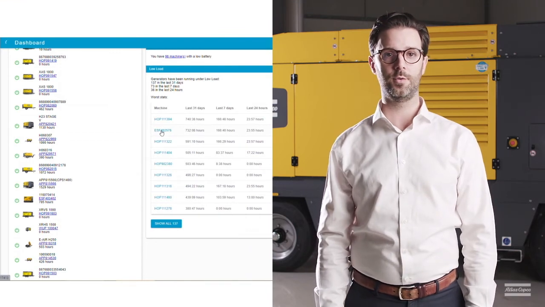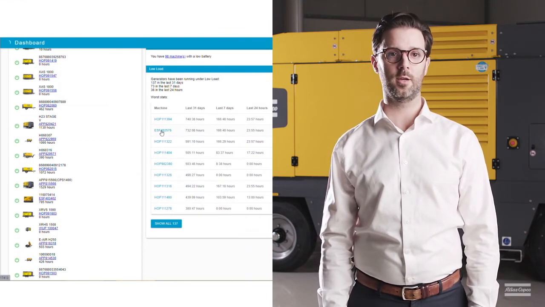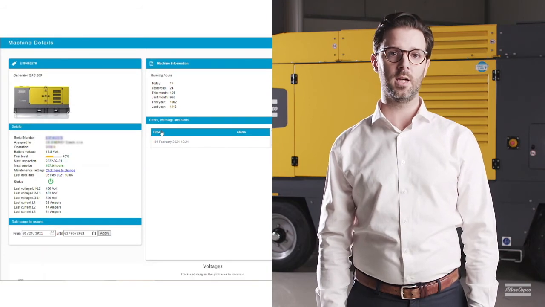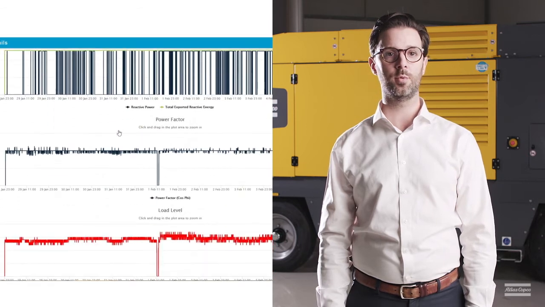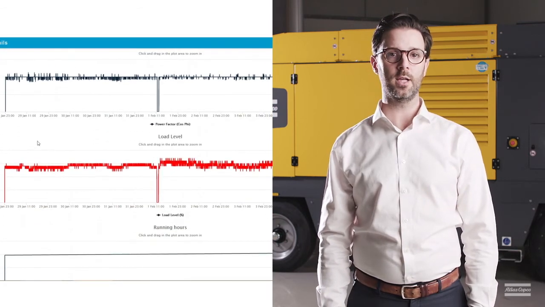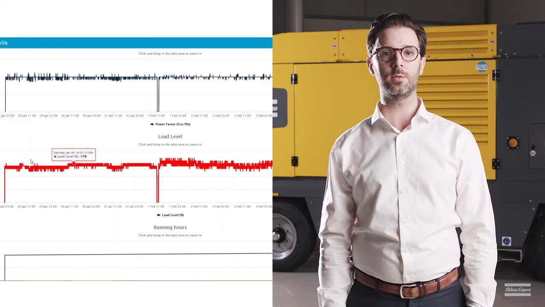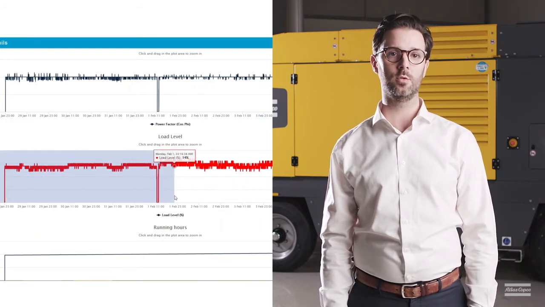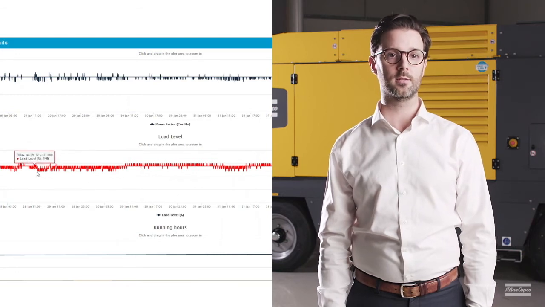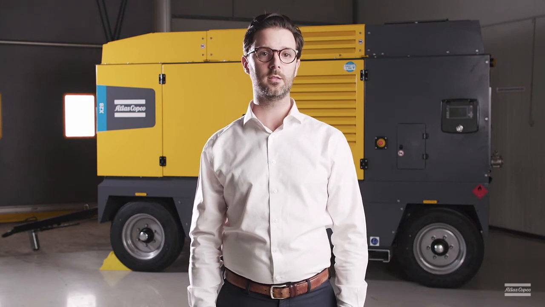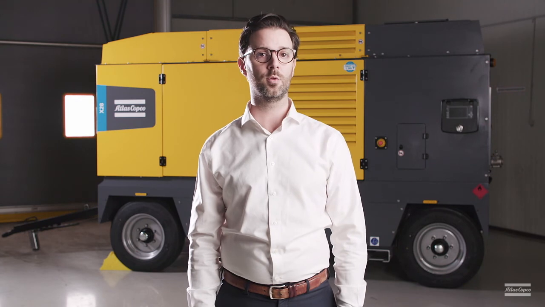In my alert overview, I see a low load alert on this equipment. So I will now deep dive into that generator. Just like with the compressor, you can see crucial data points of the equipment. If you look at the chart, you can identify at which specific times the equipment is being used at low load condition. For example, in the weekends or evenings. To summarize, you are able to deep dive into the details, which truly allows you to even better understand your machine or possible problems and to manage your fleet optimally.